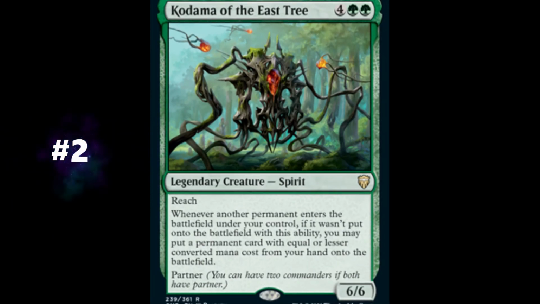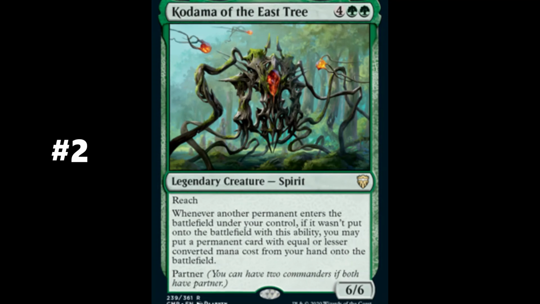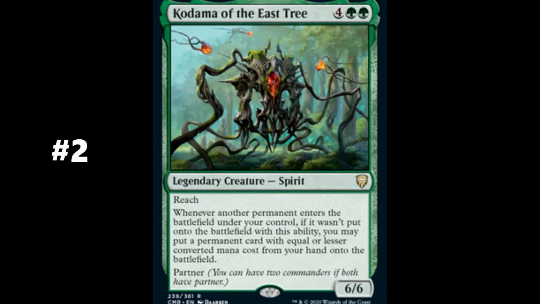Number 2 on our list is Kodama of the East Tree, the 3rd partner on the list and the last. I think Kodama of the East Tree is the most powerful new partner from Commander Legends. It has the usual green creature stats. It's a 6/6 with reach for 4 and double green. Nothing earth-shattering here. It's the wall of text between reach and partner that makes Kodama of the East Tree so